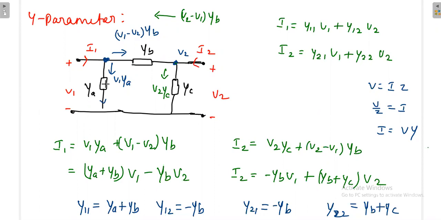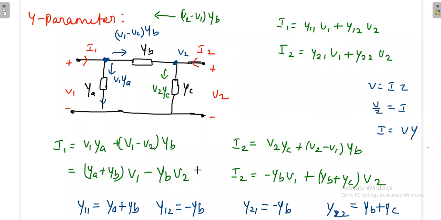So in future, if you get this network, instead of going by this method, you should be able to write directly, with just the observation. But the only thing is you have to represent your network in terms of admittance, then only you can directly write like this. If you represent it as impedance, then you cannot get directly to this format; you need some extra procedure. So whenever you are given a pi network, please always represent the impedances in terms of admittance, then this process will be easy.